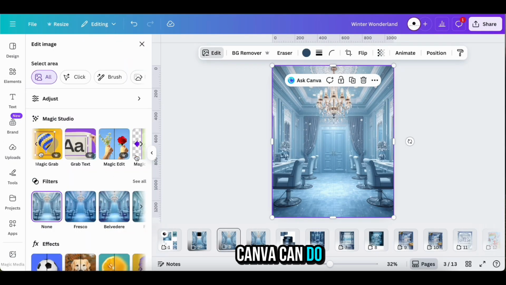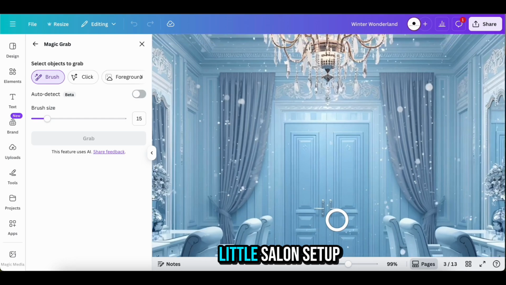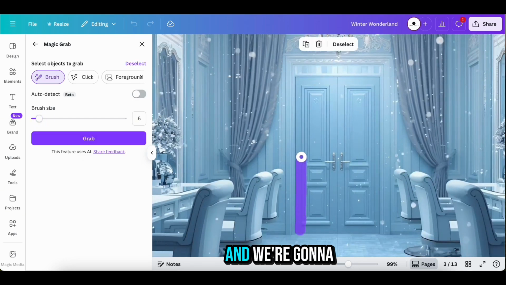Did you know Canva can do this? Let me break this down for you real quick. So let's start with a nice little salon setup because this will be for a stylist. And we're going to go to our Magic Grab tool and we're going to go ahead and cut out the